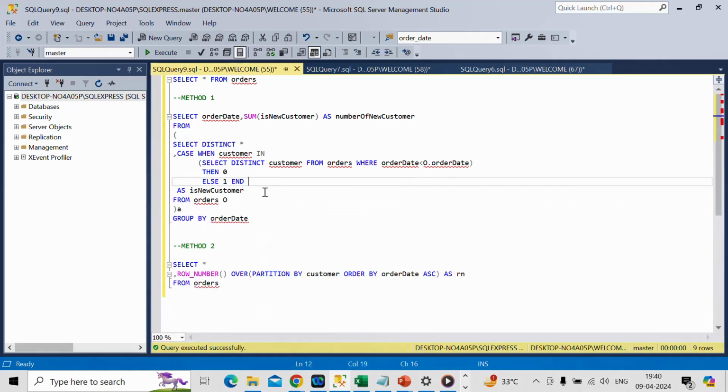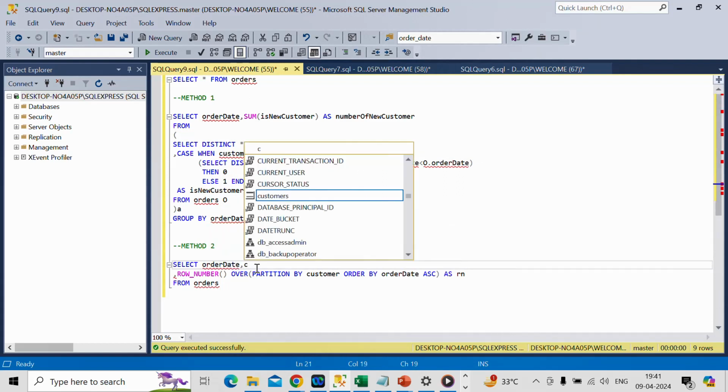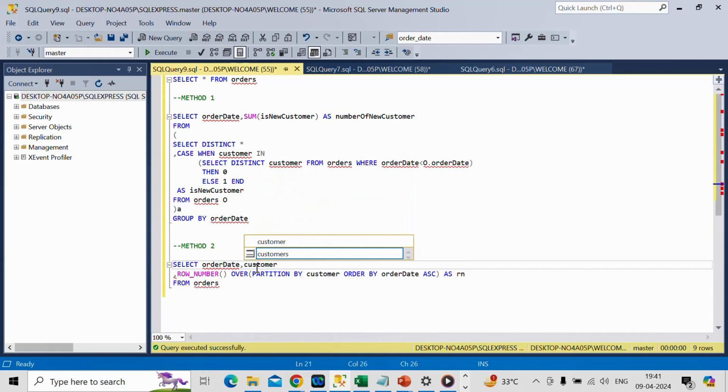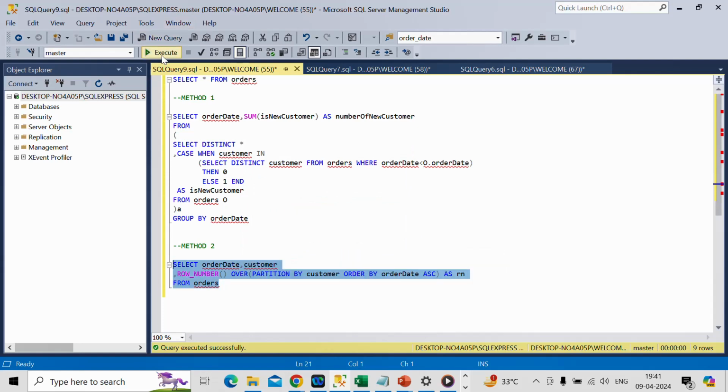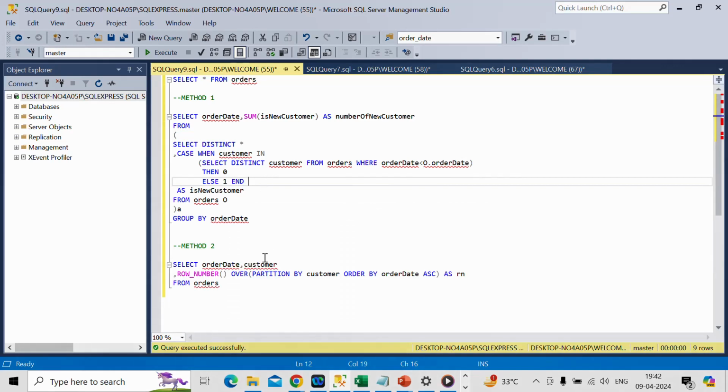Okay. So I'll write order date. The second column I want is customer. Now let me run it again. Now I'll filter out rank value as 2, and then for the remaining data, I'll just count the number of distinct customers present in that particular date. Okay. So for that, I'll do